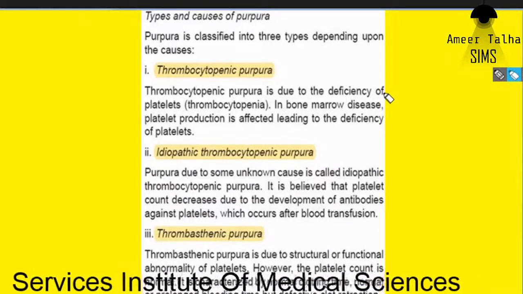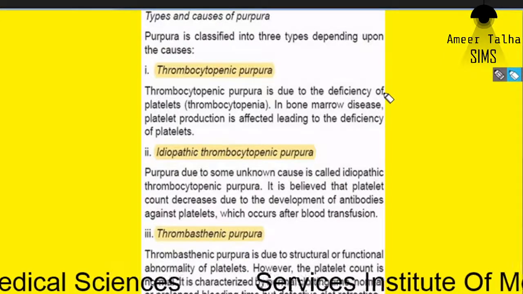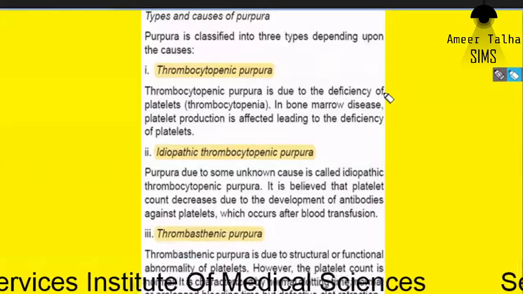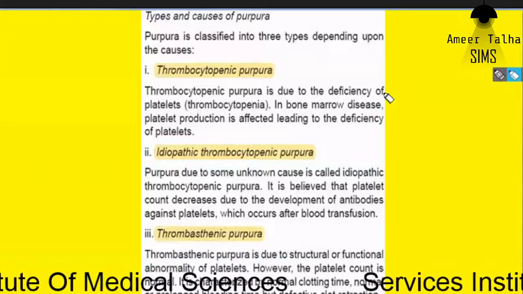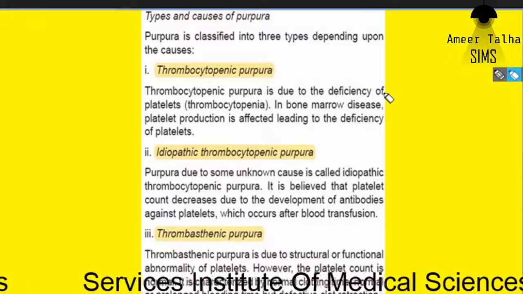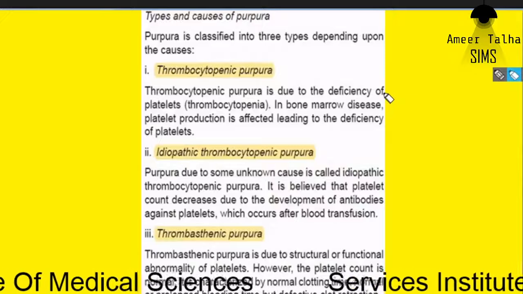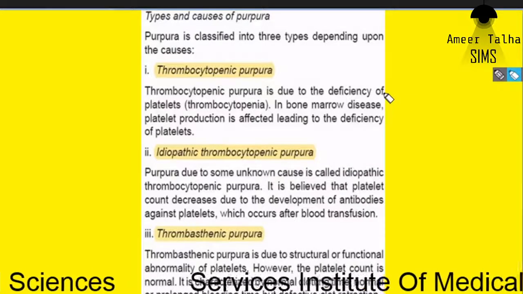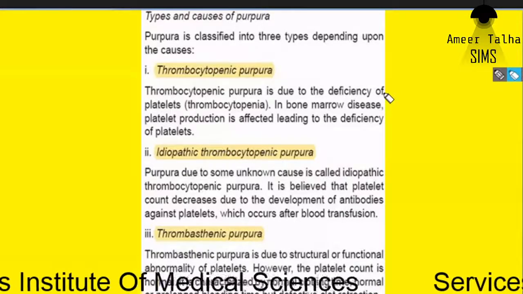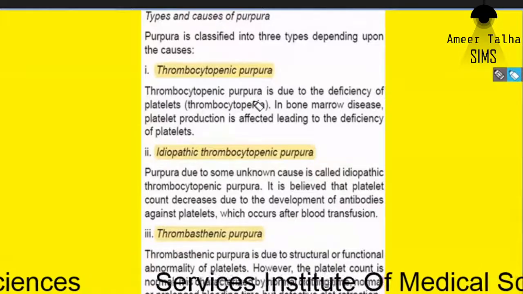The most important function of thrombocyte is blood clotting. We have discussed the functions of thrombocyte. Role of thrombocyte in blood clotting, number 1. Role of thrombocytes in clot retraction, number 2. Role of thrombocytes in hemostasis, prevention of blood loss. So if the thrombocyte count is on the lower side, obviously this will lead to bleeding or bruising.